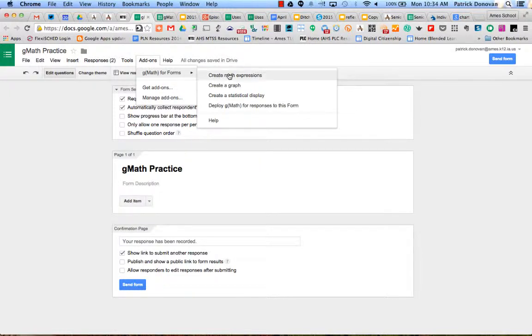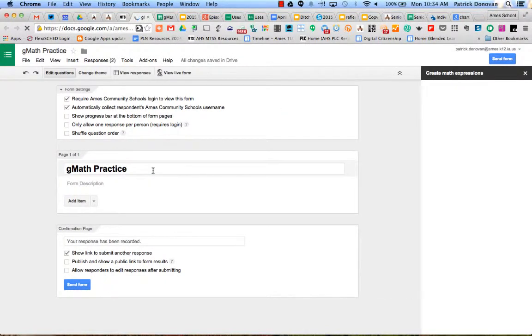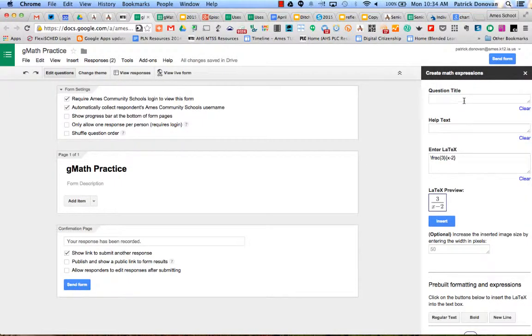And you see I have some options here: math expressions, graphs, statistical display, or deploy. The first three are just about creating the questions that go into your sheet. So what I can do here is I can title whatever I want. I can put solve for x, and then I can put a nice little equation in here. And I can use the LaTeX editor already,